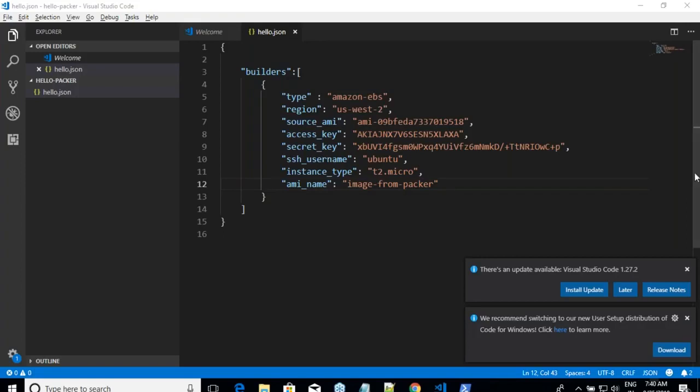How to add a Packer new AMI in auto scaling launch? Let me just clarify this. While you are doing auto scaling, what is it that you would do? You would give an image ID. We have created a Packer image. Did that image get an ID? Yes. Use the same thing.